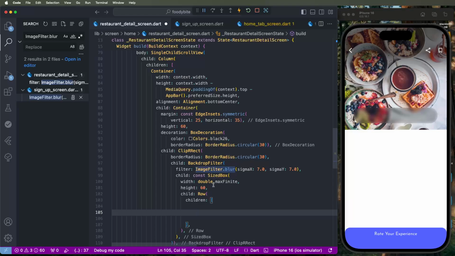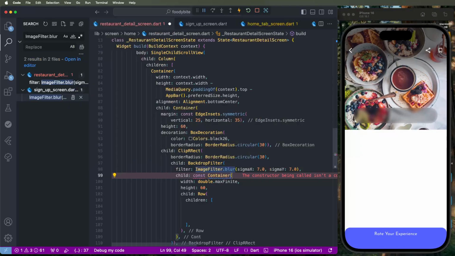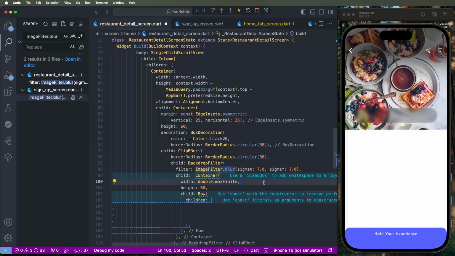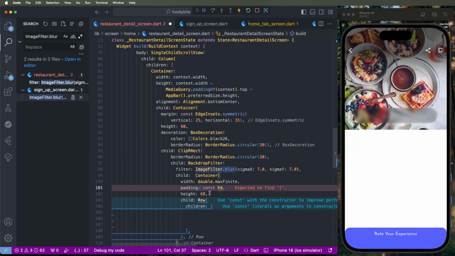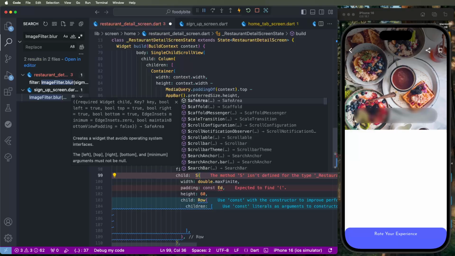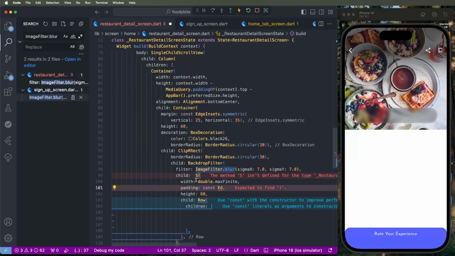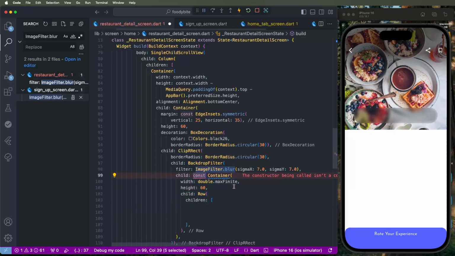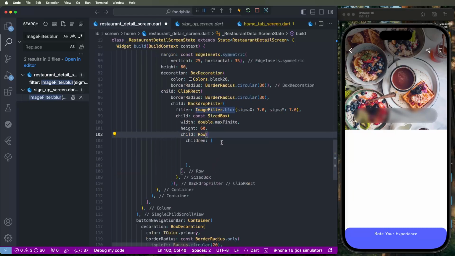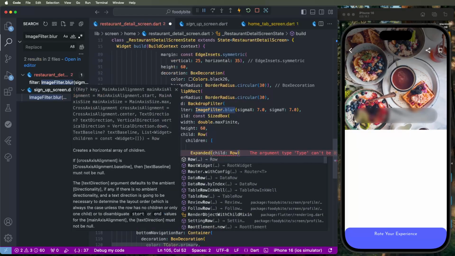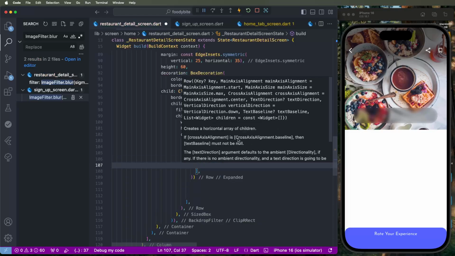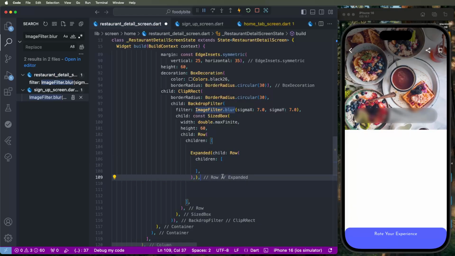Need to set this here as container is good because we need to set here the padding const. Edges inset symmetric. We need to needs here. Maybe no needs here. Size box is good because we need to draw between here the dividers. Control Z. Create expanded. Create here the row children, and we need to develop this here first of all the